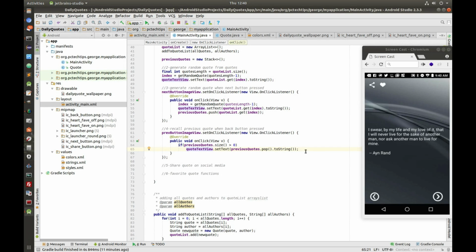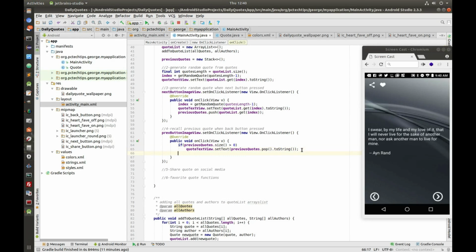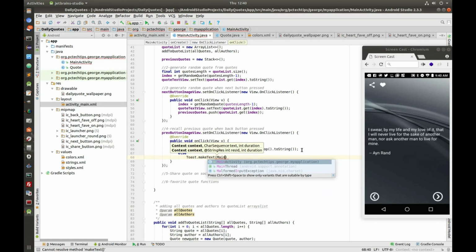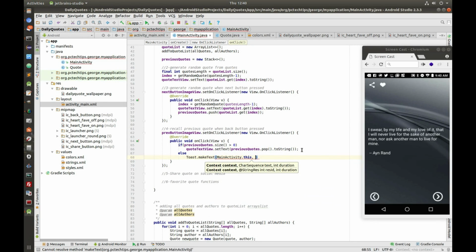So I'm going to do a null statement here, and I'm going to say toast make test, and I'm going to pass the current context, which is the main activity, this, and the second parameter is the message that we want to get to the user. So I'm going to say get new random quote, or get new quote, and